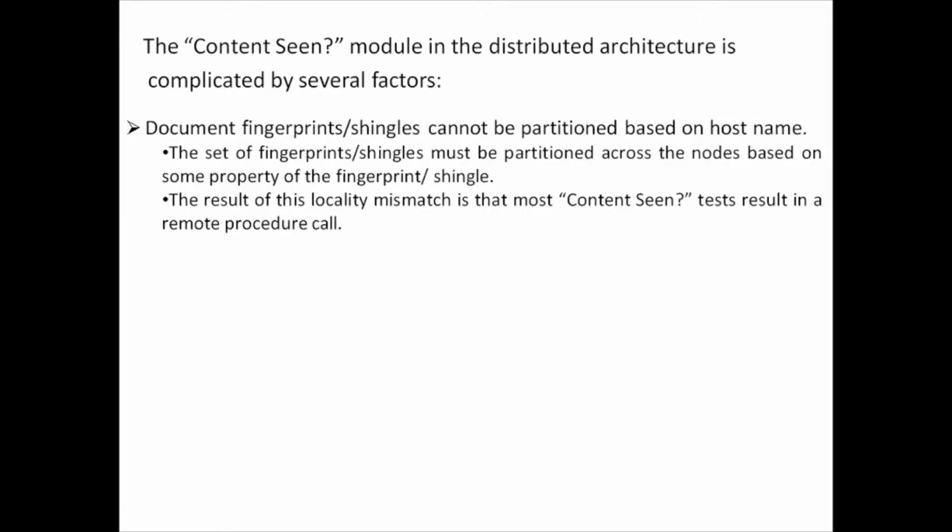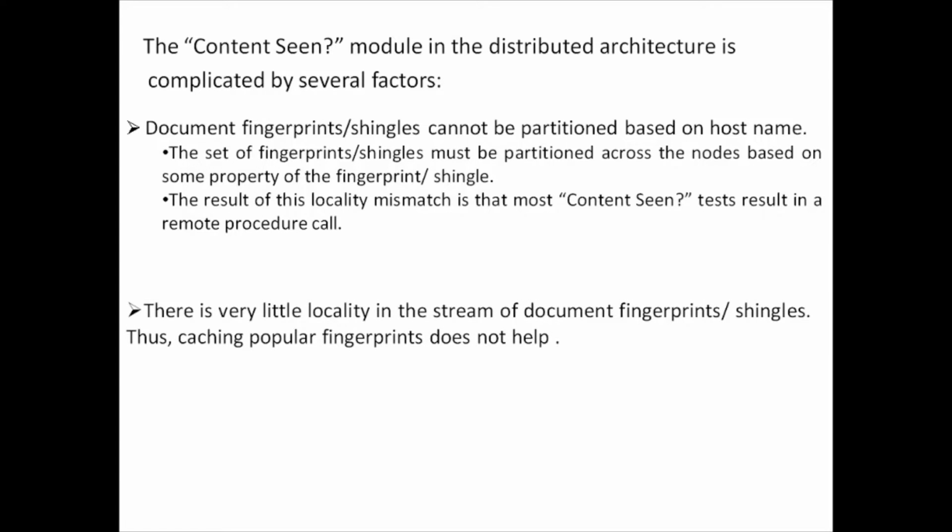Instead, we have to use some property of the fingerprint or shingle, for example, taking the fingerprint modulo the number of nodes. The result of this locality mismatch is that most of the content seen tests will result in a remote procedure call. That is the first complication.